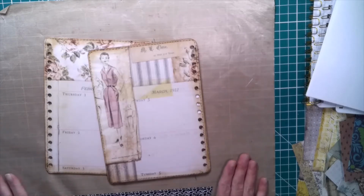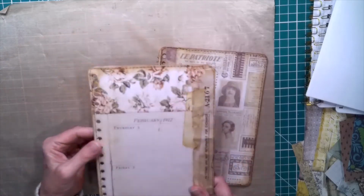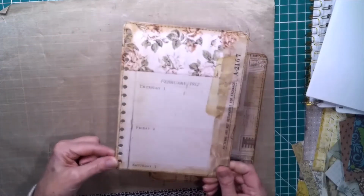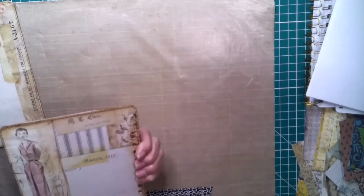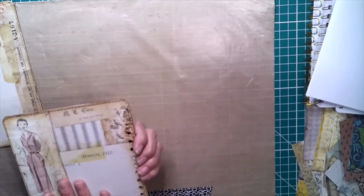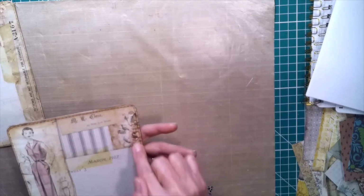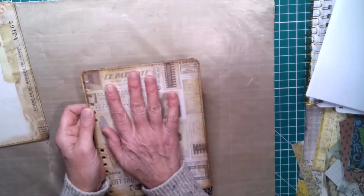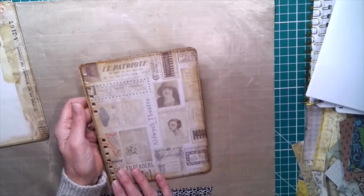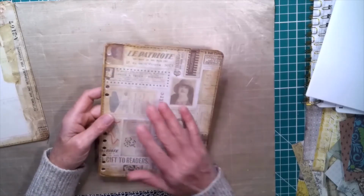But anyway, where we left off yesterday, we were waiting for things to dry. This is my back cover. The front cover, I finished poking the holes after the glue dried. My back cover, I think I had this on in the first part, was letting it dry. I then punched my holes. Put the back page on, let it dry, and